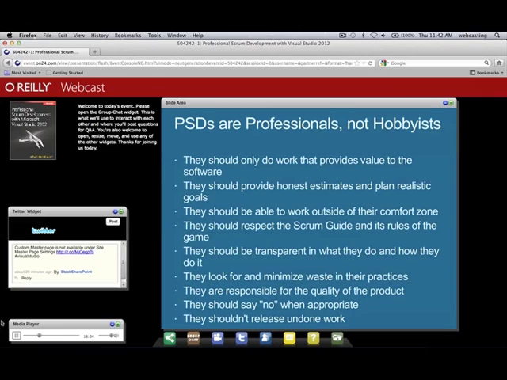Give honest estimates and plan realistic goals. Part of Agile estimation is a conversation, and it lets everybody on the team, even the quiet people that aren't necessarily the alpha geeks, have the same size voice as everybody else. Because as you're estimating a particular product backlog item, everybody has input, not just the people who've been doing this for 20 years. You shouldn't just automatically anchor your estimates to what other more experienced people are saying. So honest estimates, and that includes the alphas.